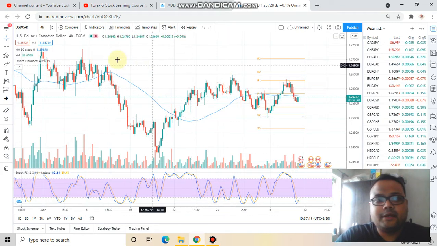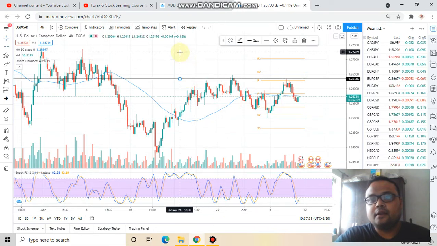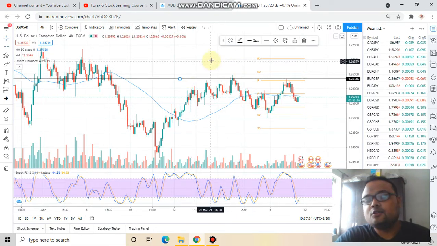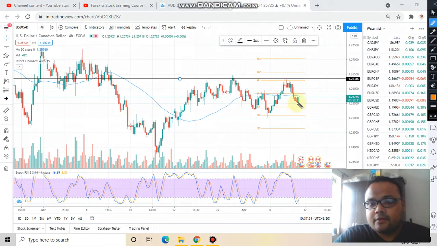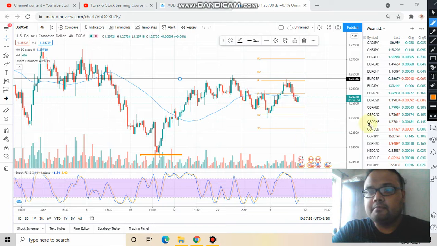Okay, so what should be a strategy then? As we have seen, market is in a range right now. Sorry, market is unable to break the resistance. So this is the resistance. Okay, and what do we need to do? We just need to short the market when market will be going for the resistance again. Right now market is trading here. Okay, and as you can see we have the resistance, but we do not have any support for the market here except this level, and this level is very far away. Okay, this level is very much far away from the current market price, so we will not be considering this